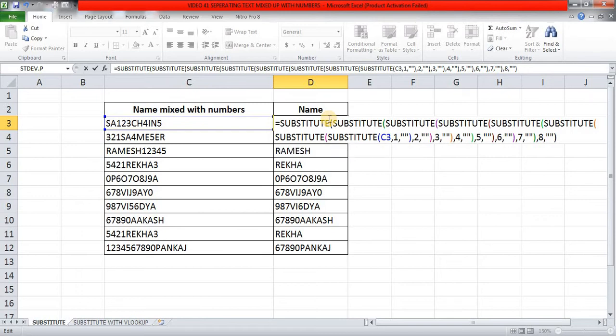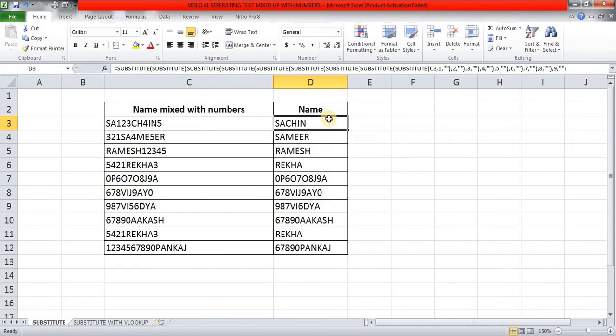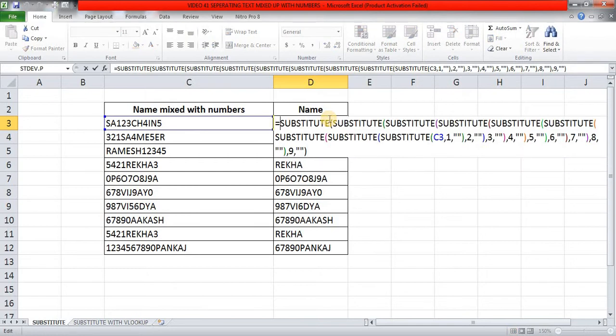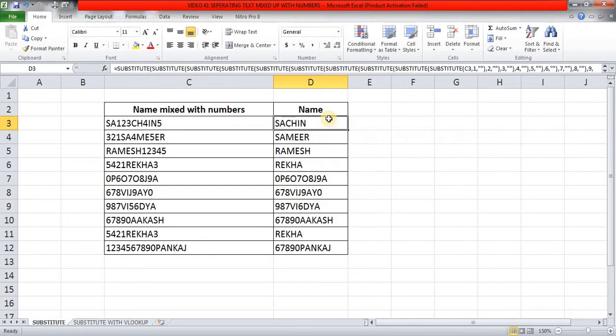So at the end of this function you will see we have used substitute 10 times, isn't it? Enter in 9, substitute comma 9 comma double quotation marks, control enter, and last is we'll do it for 0: substitute comma 0 comma double quotation marks and control enter. Then I am selecting this range and keeping that D3